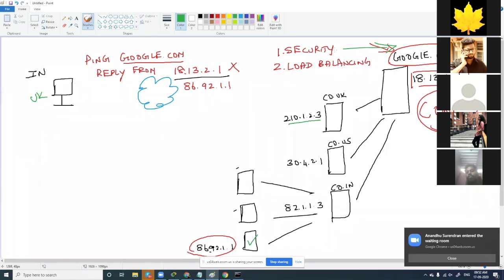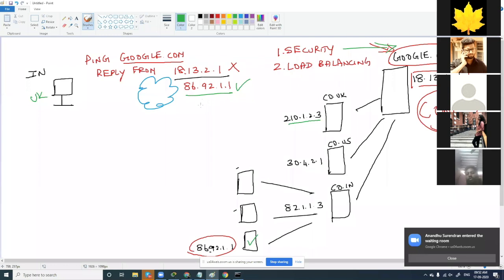So one is for security. Security in the sense that Google doesn't want to reveal its own server's IP address. So it has a proxy kind of setup wherein the servers below it are responding back. Now, if I grab this IP address and start attacking it, thinking this is Google's IP address, what will happen?